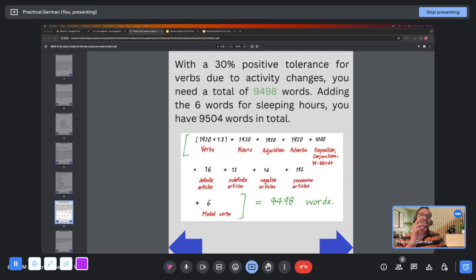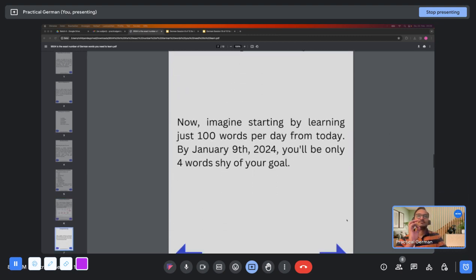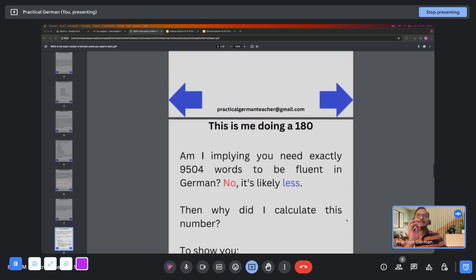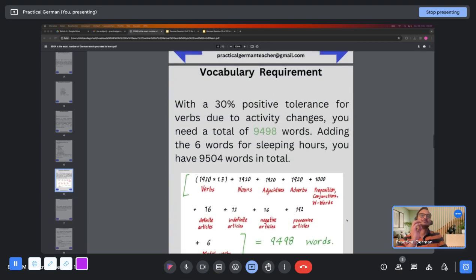And now I'm saying, this is the vocabulary that you need if you want to describe your entire day in German. Most of us don't need to describe our entire day. If we can just describe our work life, or parts of our work life, when you talk to a boss, something like that, that is enough. So you will not even need 10,000 words. You will need less than that. But okay, this was, I think, a LinkedIn post. Let's ignore that.